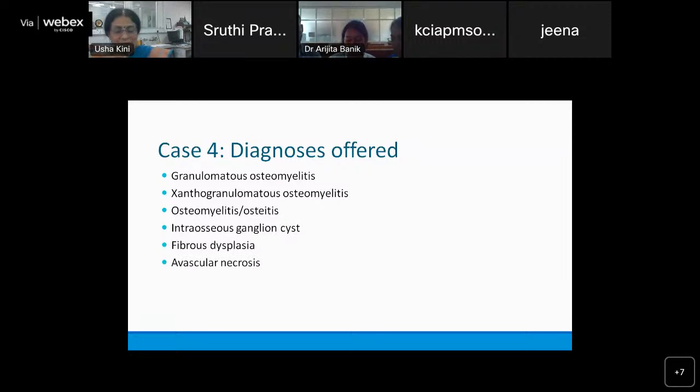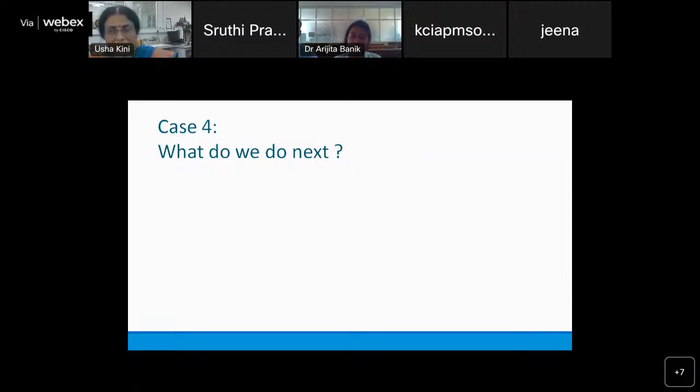Okay. Next is, can this be avascular necrosis? See, there's no necrosis here. So there's no term called avascular. Avascular would be traumatic, but then there is no infarct. You don't see anything. Everything is viable except for the bone which is dead. Someone thought of metal transplant reaction. I'm not sure where they have seen the metal or any foreign body. Did you say any foreign body? No, ma'am. Okay. So what do we do next in this case?